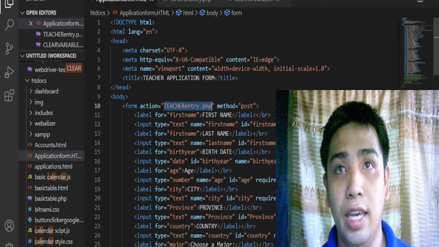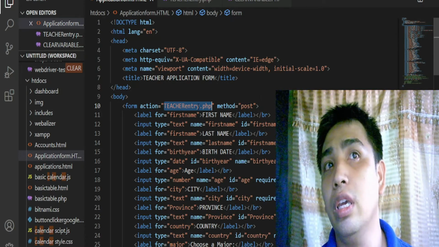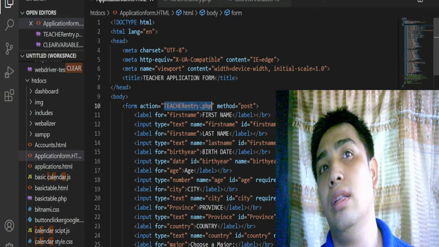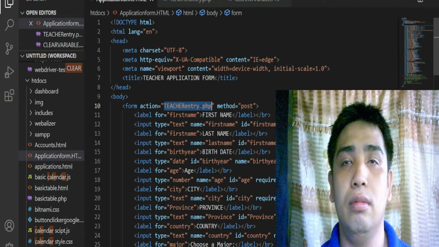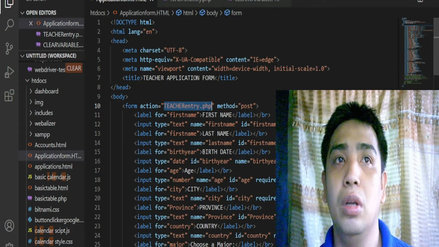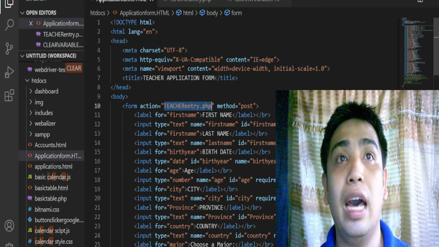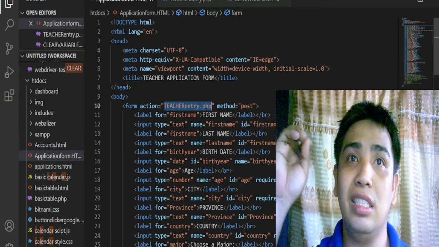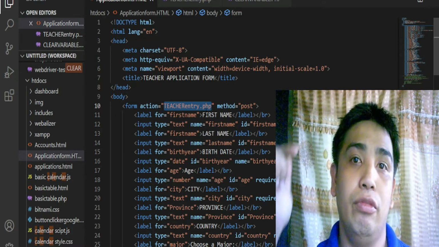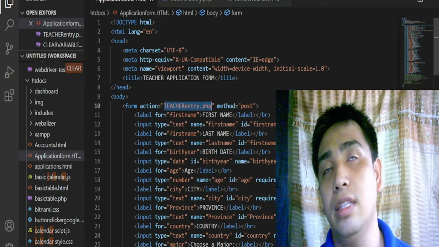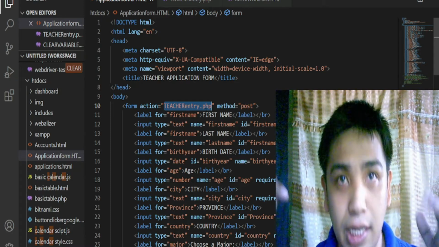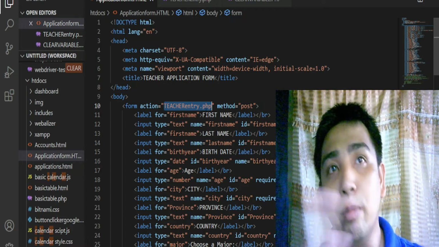So the method that I used is post. If you do not put this one, then you're not able to get the data unless your PHP is within the same document. Since we did not create it in this document but on a separate document,